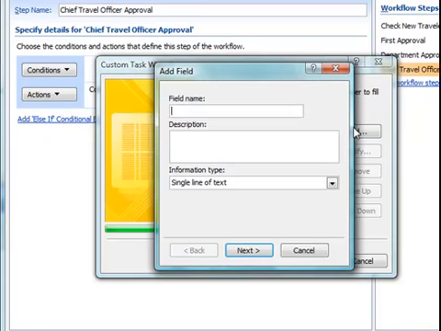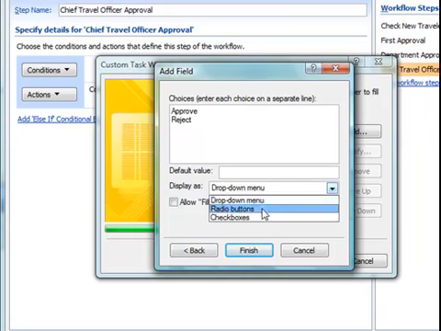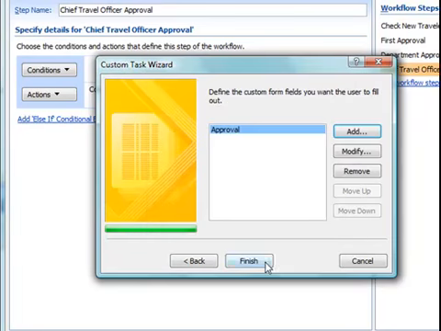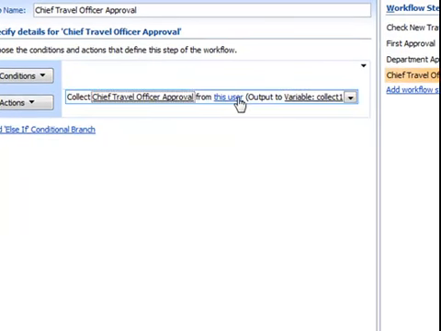And we're going to have that approve or reject choice, radio button, finish. And we're going to collect this from